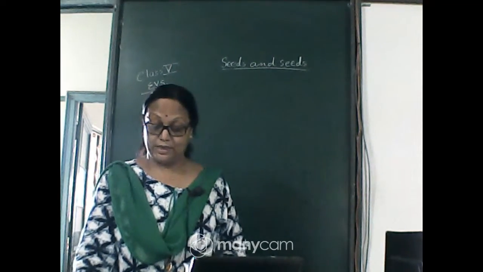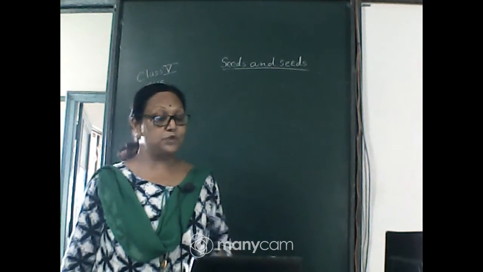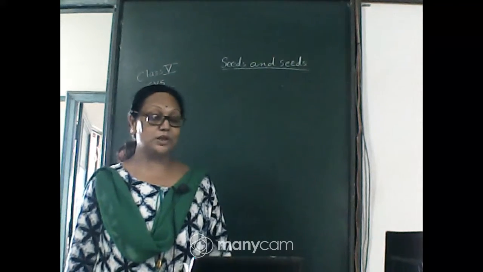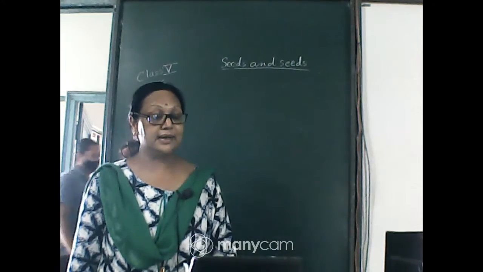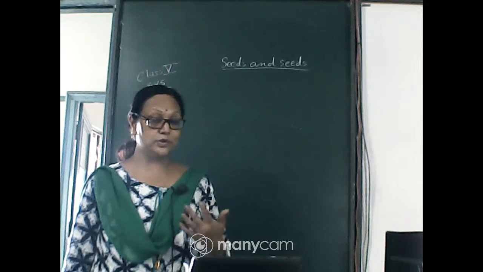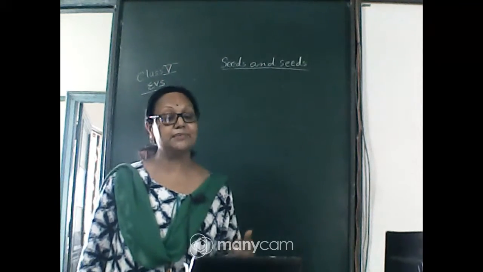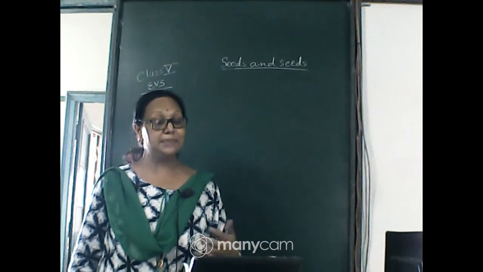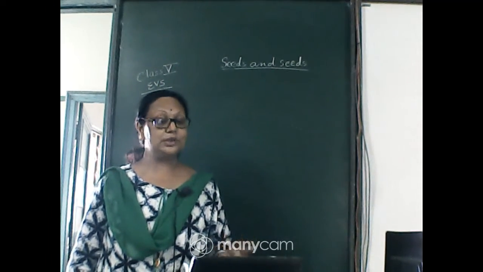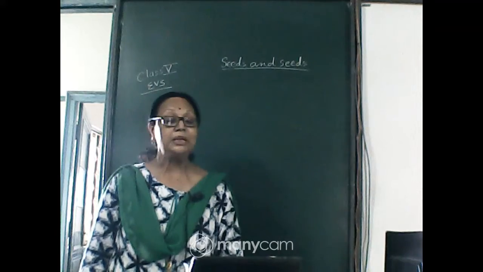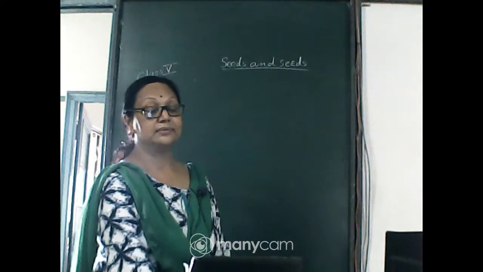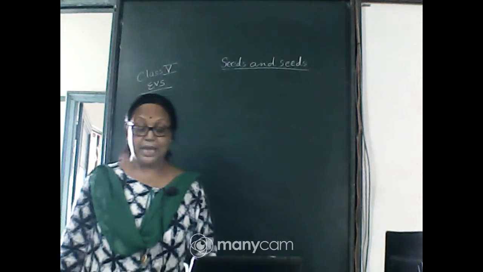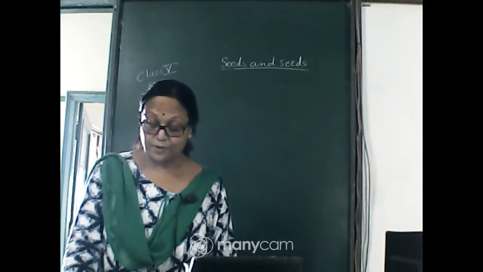As we know, and we came to know it from our science class also, the plumule is there, the radicle is there. This plumule and radicle go into the shoot system and the root system, and this root system and shoot system ultimately change into the new plant, and from there we get the new plant.